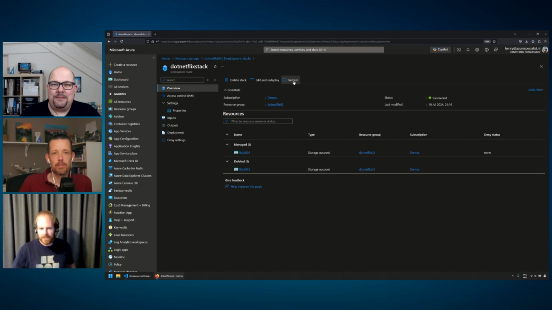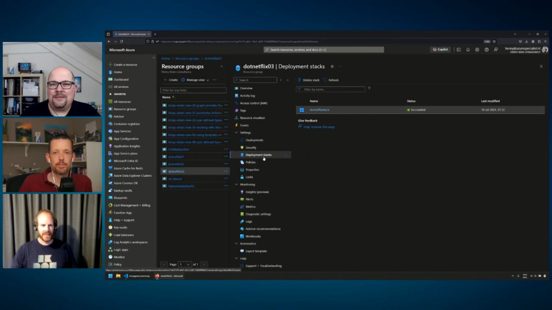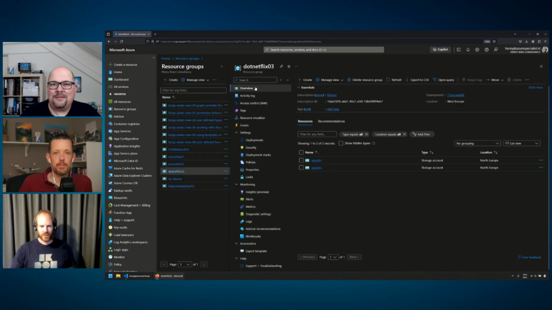Absolutely. Yes. So this is what I expected as the state of the stack. And if I go into the resource group itself, we see that resource number 1 is retained because it was not managed by the stack when I deployed using delete resources. I would like to babble about this a bit longer, but I think we are really pushing time now. Yeah, we are. So that's all I wanted to show. Cool. Well, let's wrap things up.